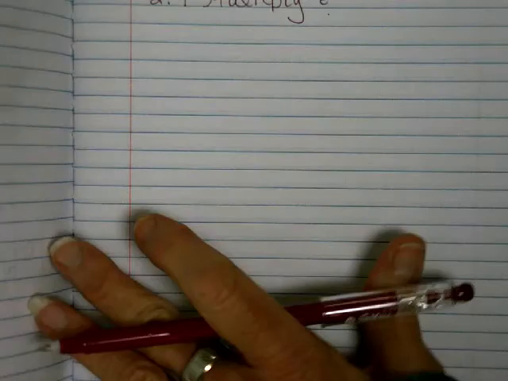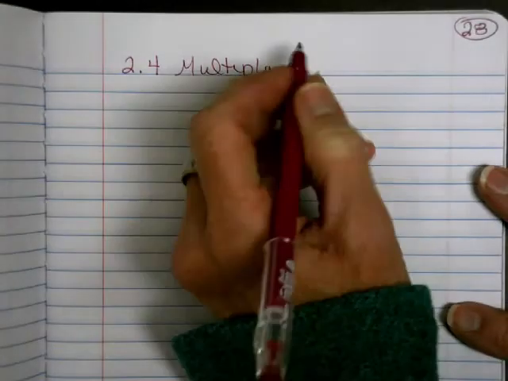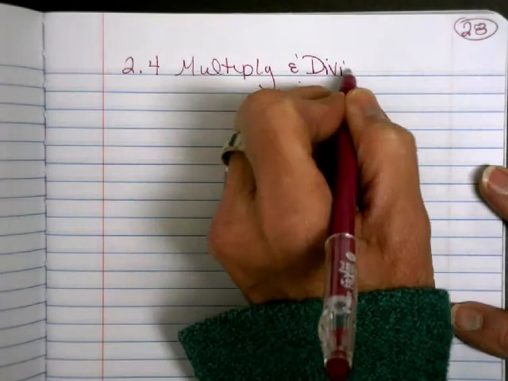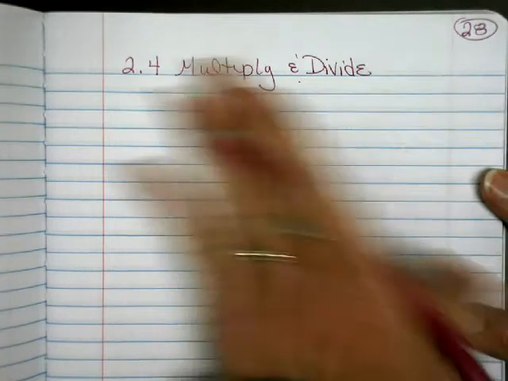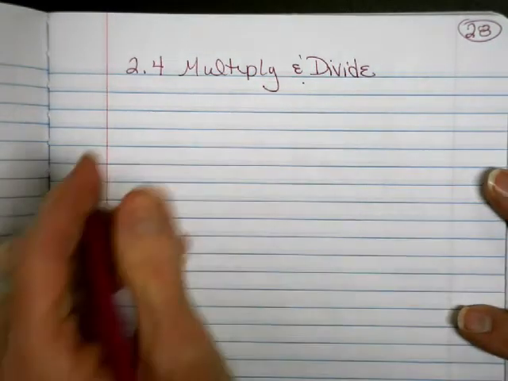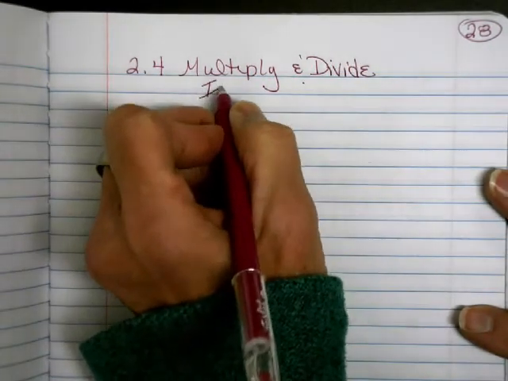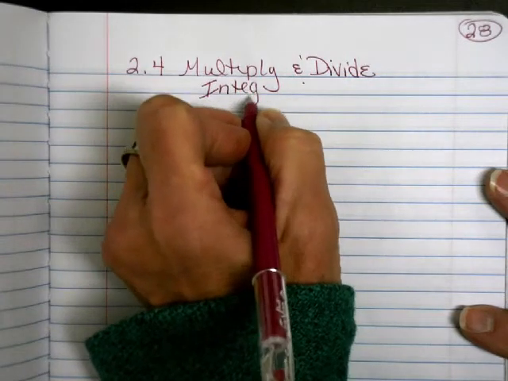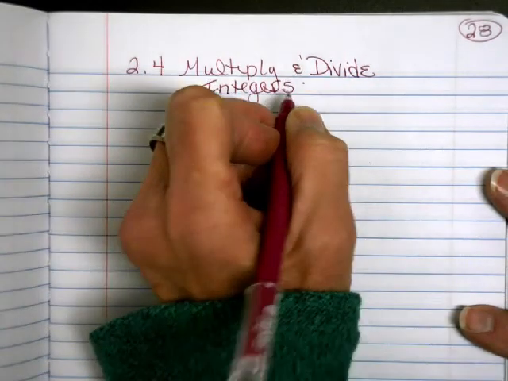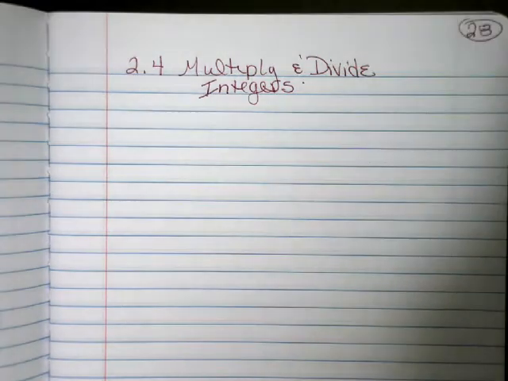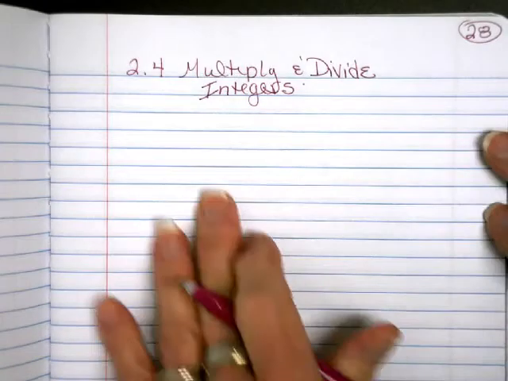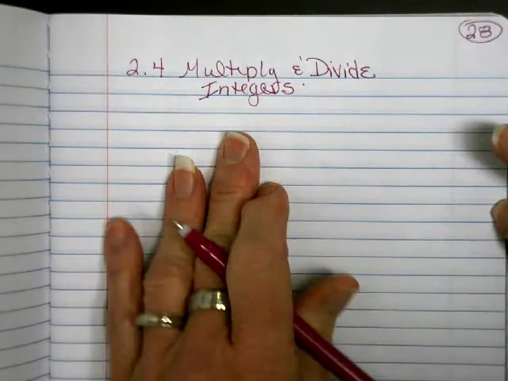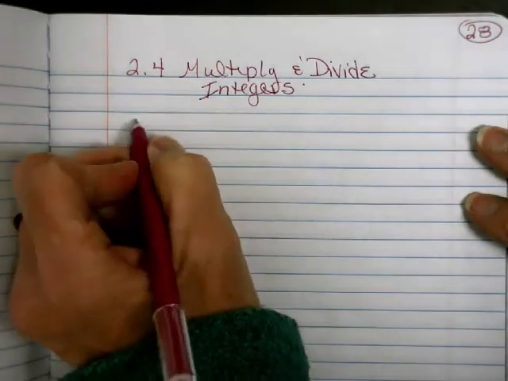Because no matter what the values of the numbers are, it also spans all of the kinds of numbers. Right now we're just into integers, but when you multiply and divide all real numbers, these rules apply. And hopefully you're enjoying this little refresher from your past math experience about basic operations with numbers. So when the signs are the same,